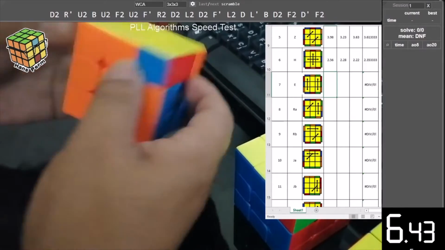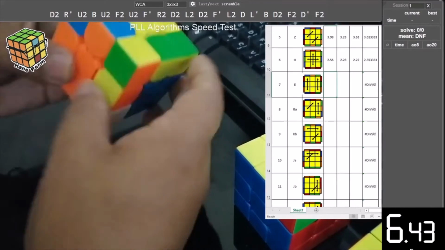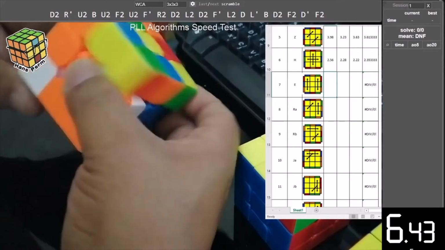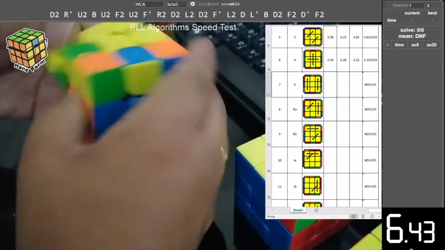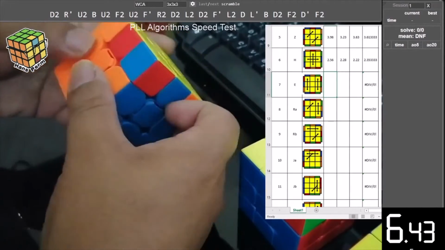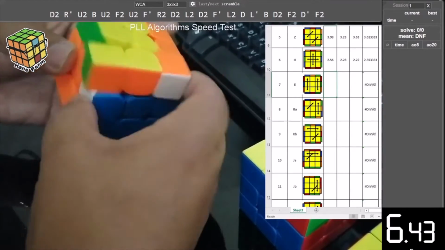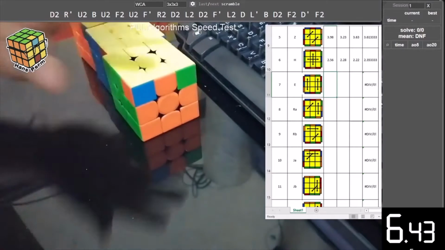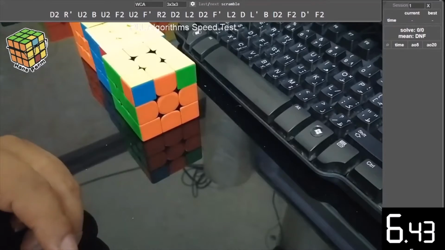Okay, I think this is, no, this is even wrong. Not really, okay. Try it fast while it's still in my muscle memory, right? Okay, now